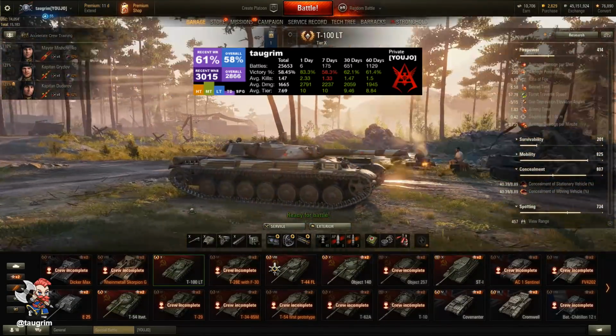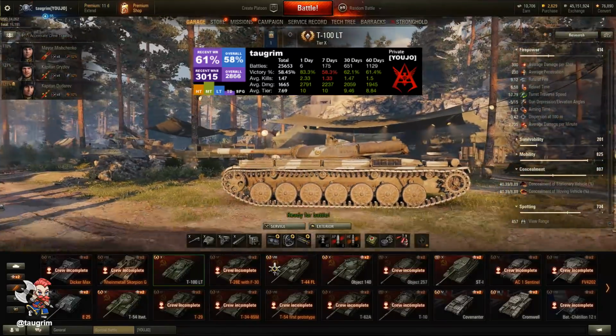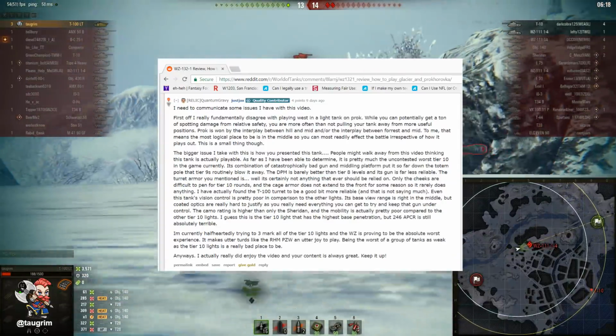Today we review the T-100 LT. This is the tier 10 Russian light tank, and we're going to look at a couple battles on Prokhorovka and how to spot hill. And the reason why I'm going to show how to do that is I got